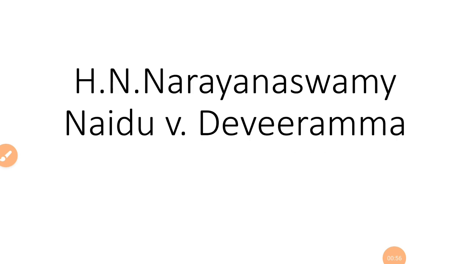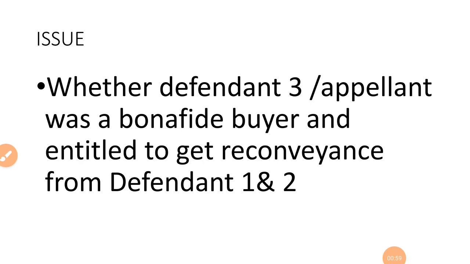In the case, the respondent Deveeramma was in the actual possession of the property, and via exhibit P2, the sale deed, defendant 1 and 2 sold the property. Then, via exhibit P3, the defendant 1 and 2 got an agreement of reconveyance from the plaintiff Deveeramma. However, there was an earlier existing exhibit P1 which was sale of right of reconveyance, that was release deed.